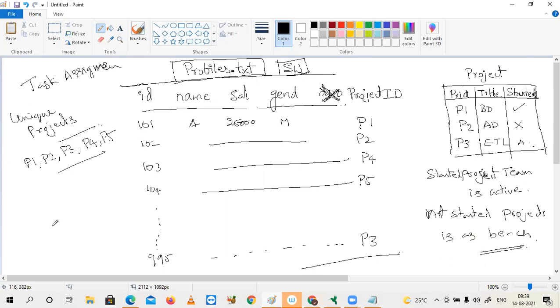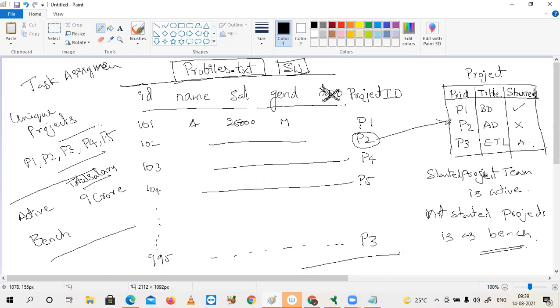Now the analysis is like this. For active, what is the total salary budget? Suppose some people are in active projects. For them, the budget is 9 crore. Some people are on bench. Suppose you have been taken for project number 2, but project number 2 is not yet started as per this example.